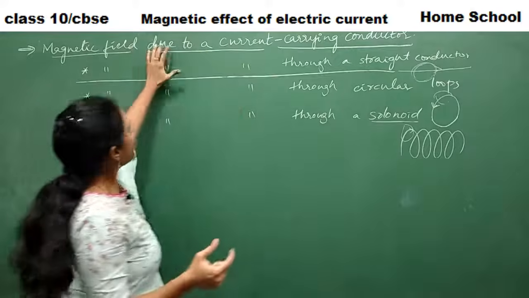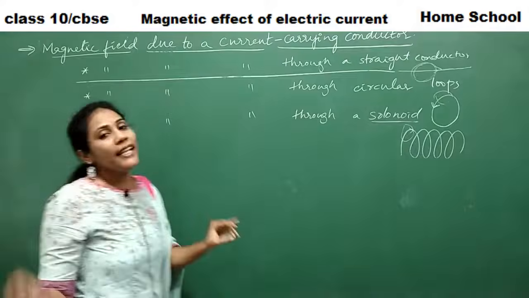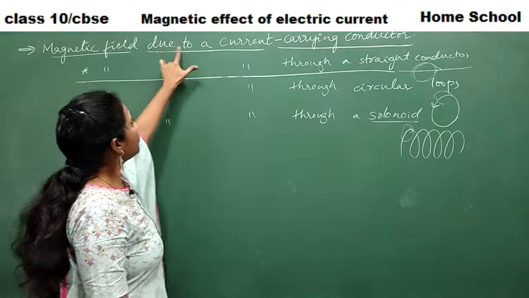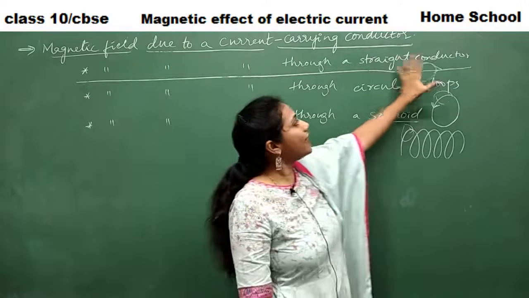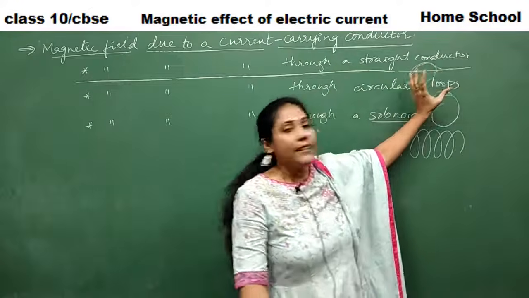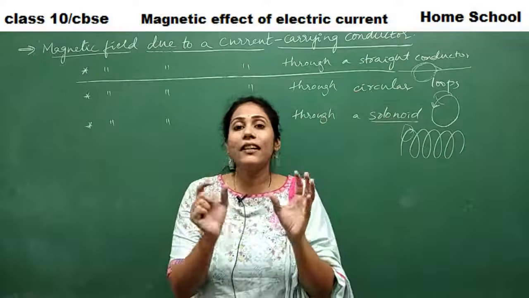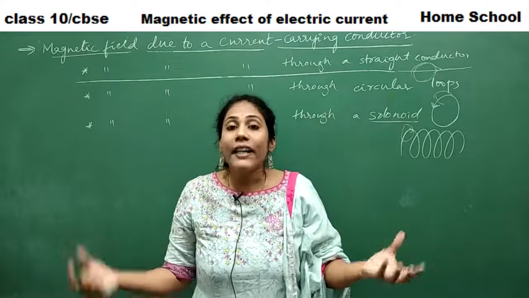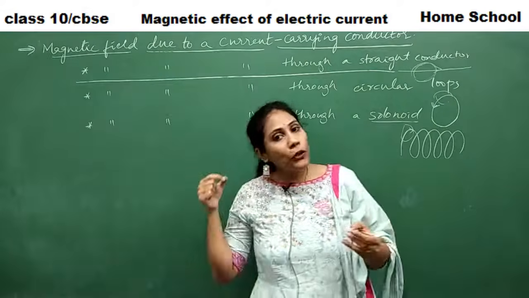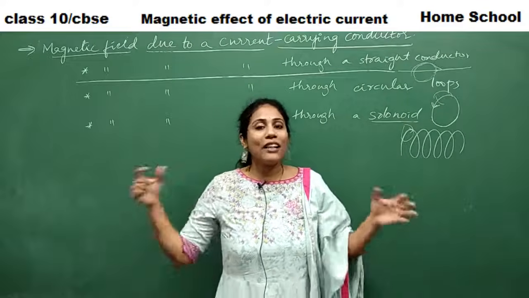So this is our main topic, and under it are the three subtopics we have to discuss. Today's class and lecture is all about magnetic field due to a current through a straight conductor. The conductor is a straight wire. Whenever current flows, definitely a magnetic field is generated. But how do that magnetic field and field lines look, and how do they behave? What is their direction? There is one particular rule here, that is Maxwell's right hand thumb rule. All that we are going to discuss.